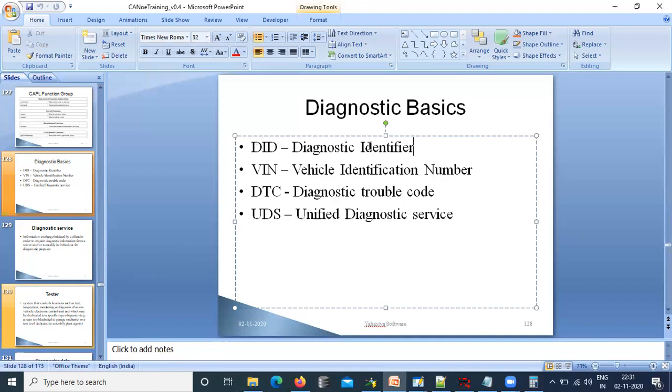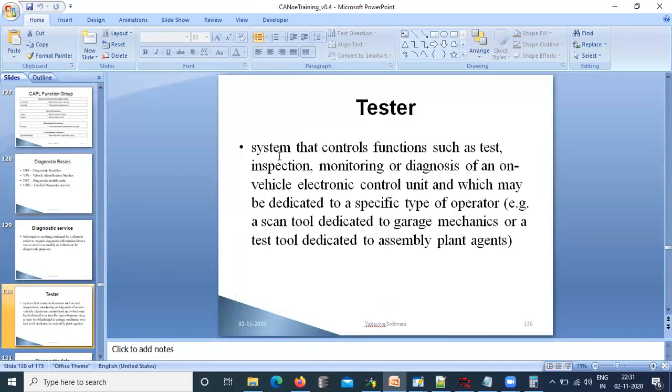These are some views about different acronyms used in UDS, that is, diagnostics. Then we have something called the tester. What's a tester? The tester is what you use when a diagnostic-implemented product comes to the service center; we have a mechanism to request what we want from the ECU using the diagnostic layer.